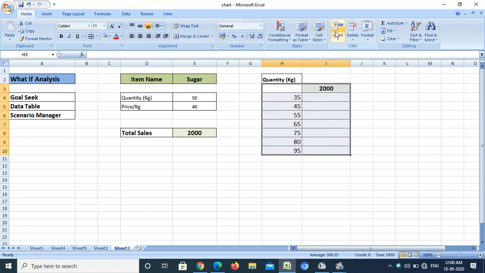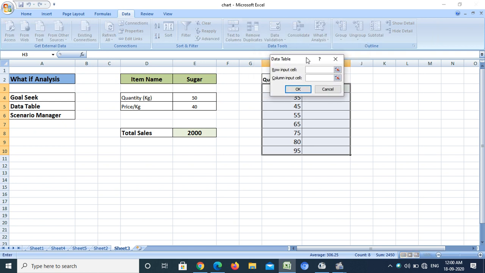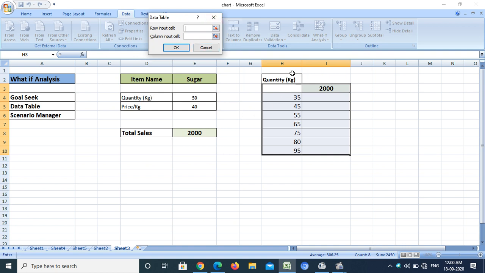Now I need to click on What-If Analysis, and this time I am going to select Data Table. The Data Table dialog box will appear. It is asking for the row input cell and column input cell. That means I have quantity in my column, not in the row. So I have to select the column input cell option. In this cell you have to select this quantity option